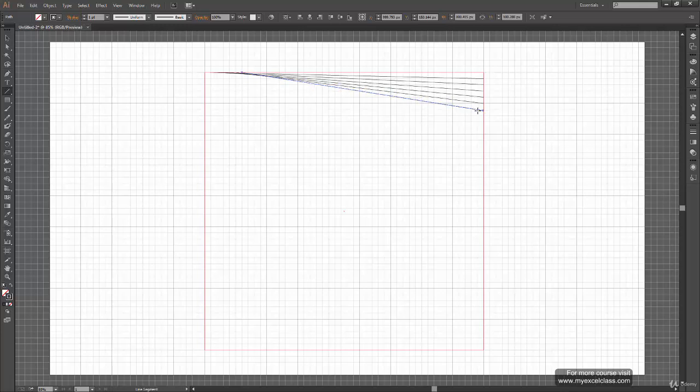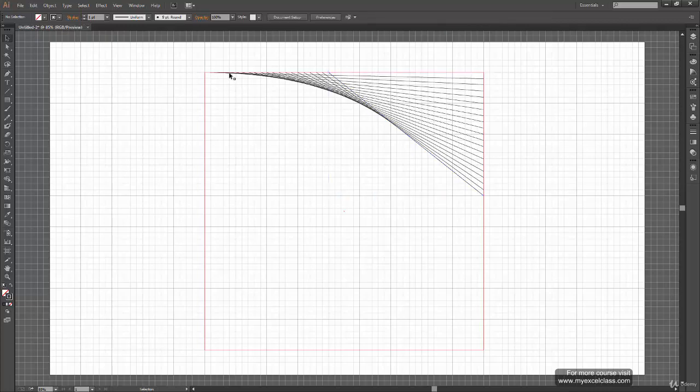This might take a long time, so I'm going to fast forward it so that it won't take much of your time. So now even though we haven't finished it, you can still see we are getting a very nice design over here. So we'll keep drawing like this.